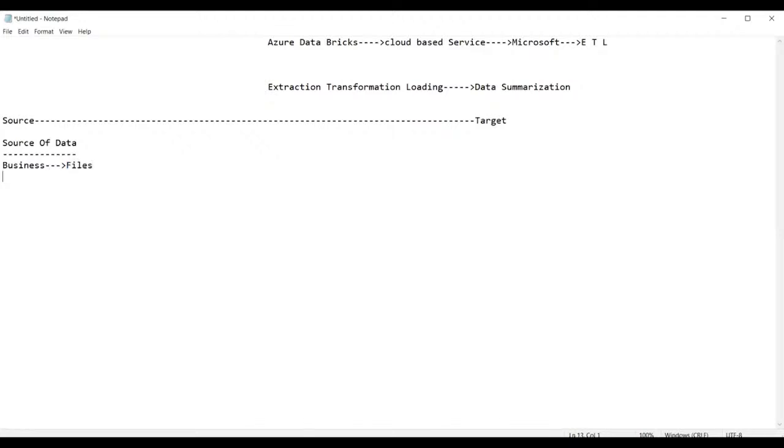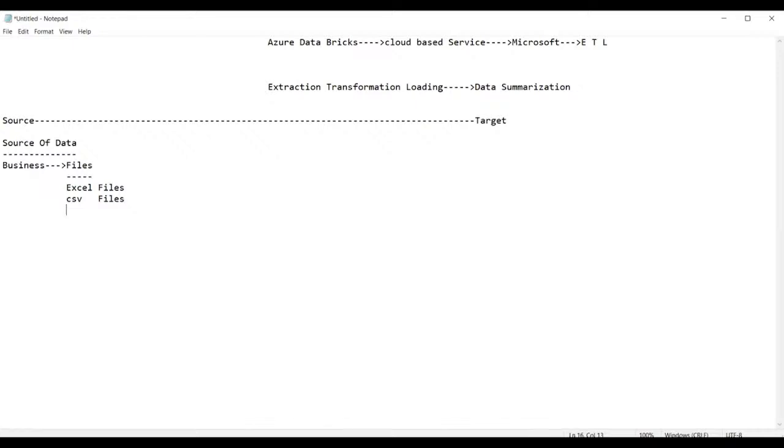So what are the types of files you have? Guys, what are the types of files you have? The files are the following. We can have Excel files. Yes, Excel files. And we can have CSV files, which stands for comma separated value files.